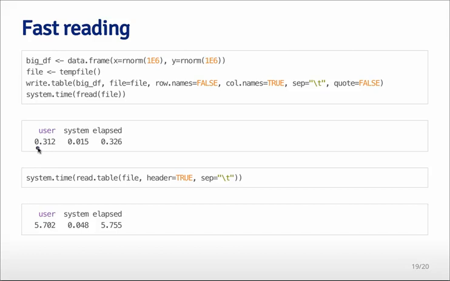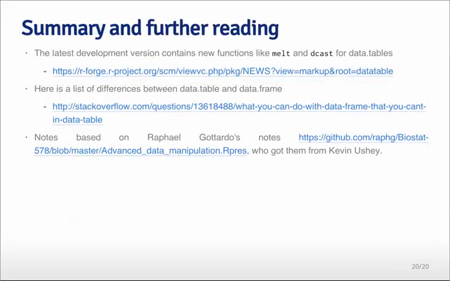You can see it takes about 0.32 seconds. If I tried to do that same operation with read.table on that file, it would come in quite a bit slower, well more than 10 times slower. So it's actually much faster to read files with data.table as well. To summarize, data.table can be both faster and more memory efficient than data frames, although it requires you to learn a little bit of new syntax and sometimes to be a little careful in terms of copying over